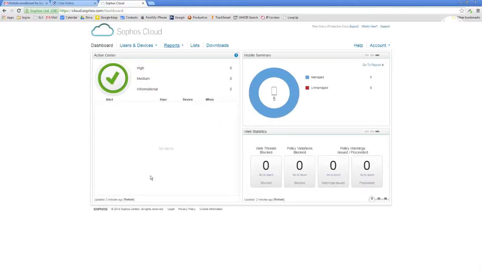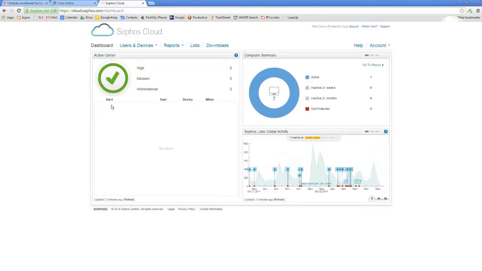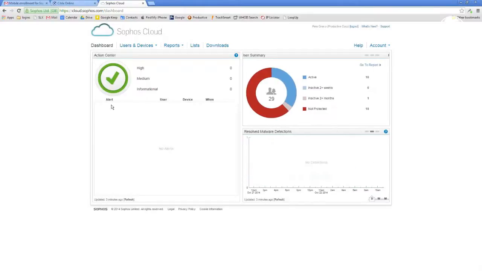Fair enough. All right. Let's get this bad boy going. So we're on the main dashboard. All I've done is log in. Right, I keep a little list of my logins here so I can hop into these things pretty easily. I haven't been using this product forever. We've been using some of the traditional on-prem stuff, and I threw this out managing my son's computer at home just to kind of see how this was going to work.